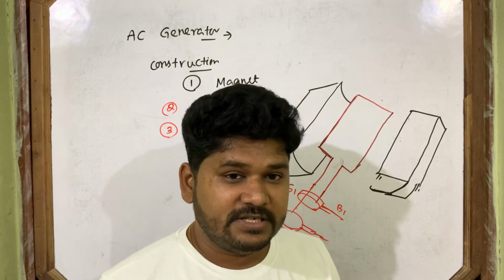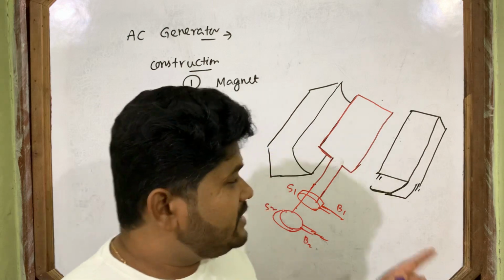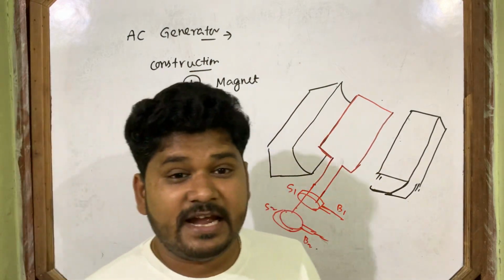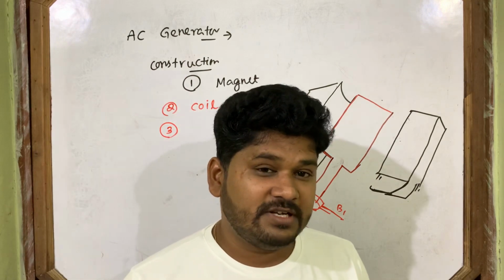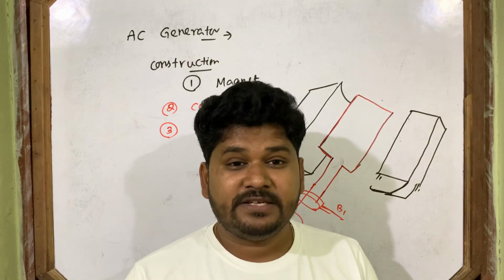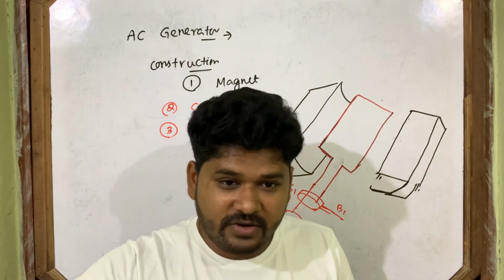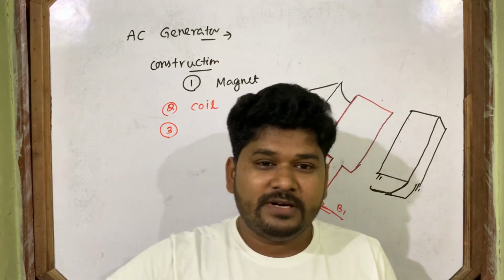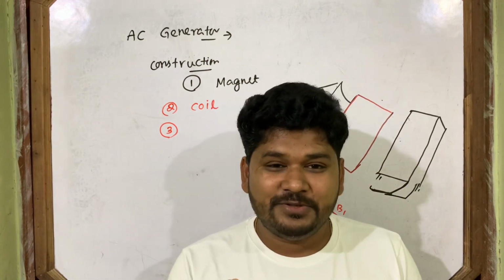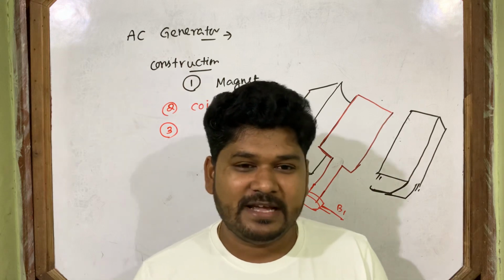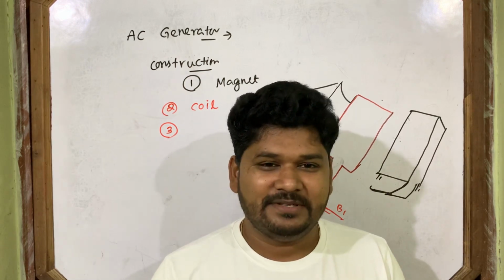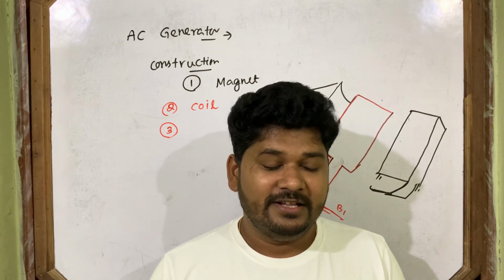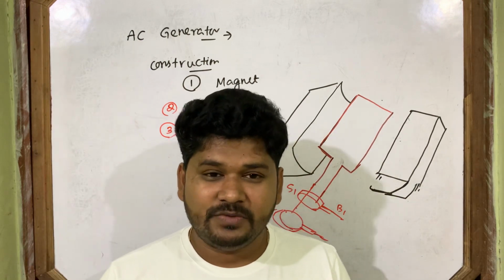So what happens here? The coil rotates inside the pole pieces. But how will the coil rotate? Who will rotate the coil? By the expense of mechanical energy. You can rotate the coil by hand, but then the EMF induced will be very little. At most it can light one LED bulb. But who rotates it at the nearby power station of your town?